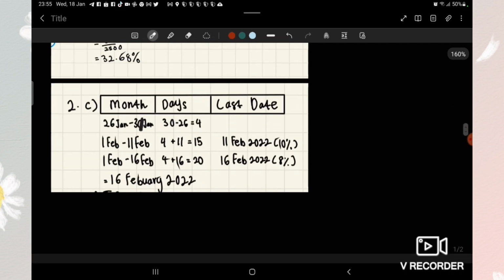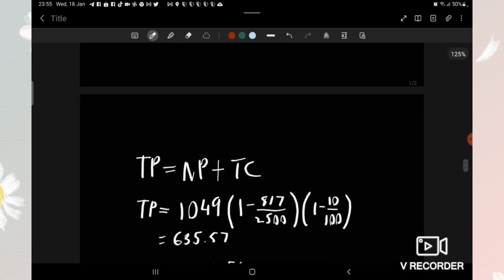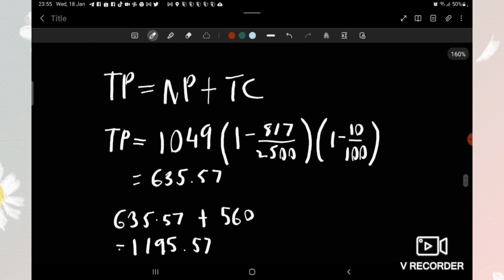Okay, for the next question, find the total payment and amount of discount if the payment was made on 8 February 2022. The first thing we need to do is put the formula first. TP equals NP plus TC. We already know the information, so we just put it into the formula. TP equals 1049, open the bracket, 1 minus 8,870 per 2,500, close the bracket, and open the bracket again, 1 minus 10%, close the bracket, and the answer we get is